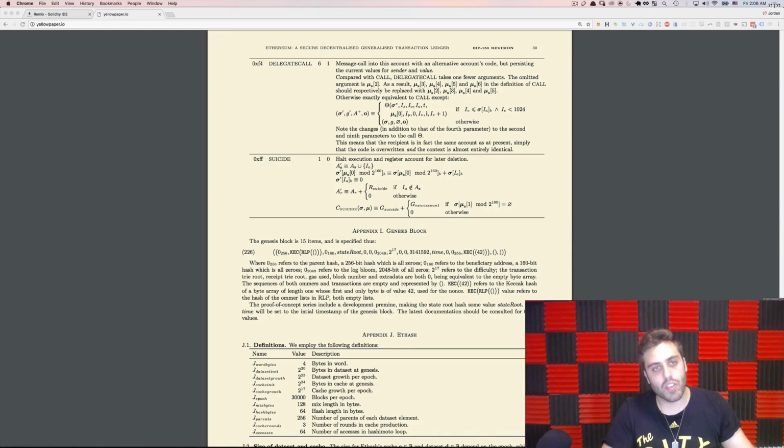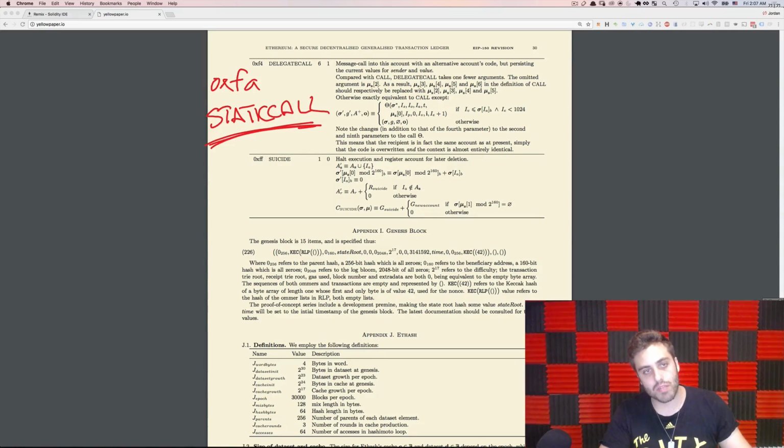Also, unrelated to the error handling, there's also a fourth opcode getting added in Byzantium, which is 0x4A, and that is going to be STATICCALL. Static call is a way that you can call out to other contracts and execute code with the explicit declaration that the execution environment cannot modify state in any way. And this is to prevent a large class of reentrancy bugs that have been happening or have been proven to happen on Ethereum. And it's going towards this thing called CQRS, command query responsibility segregation, where you just have different paradigms for executing commands, which are things that modify state, and queries, which are things that are read-only.